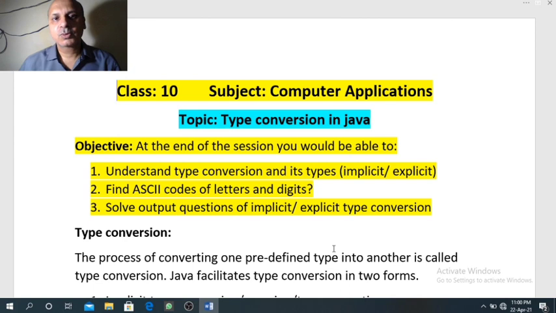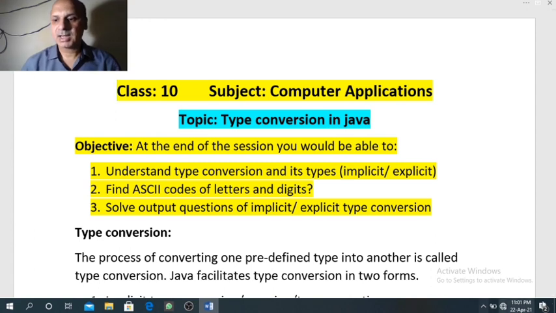Because to solve the output questions or logical questions in Java, we must be careful and we must learn the ASCII codes of these characters. So I will tell you one important trick for learning the ASCII codes of these characters. This trick will be very beneficial for you to find the ASCII code of different characters.